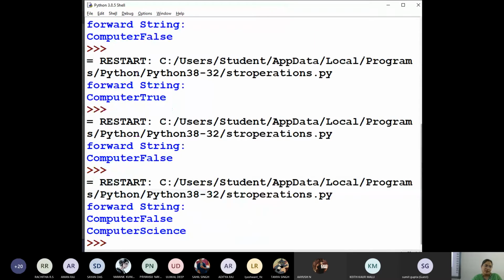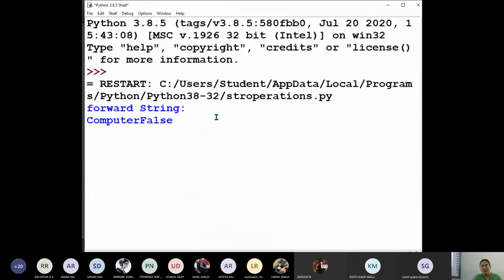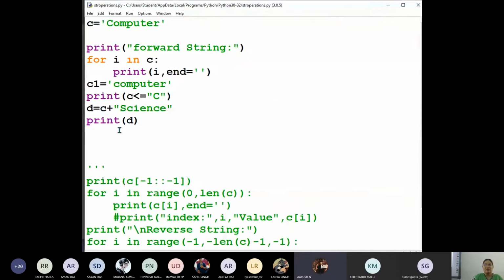What happened? Have you all observed? What happened, children? Respond. I'm computer with science. Computer science. Science, what happened? It got concatenated. It got added. So whatever the existing string, to that it is attached. If you want to attach a space also, then we will put a space. Okay.